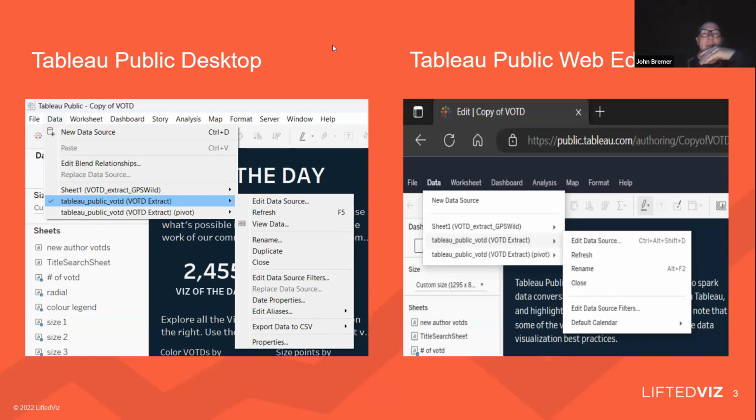So in terms of the difference, when you look at public.tableau.com on the web, and you're dealing with the data menu, so you bring up a viz and you're editing it, or you copied one, you'll notice that the data menus are different. This is what the data menu looks like if you download the workbook to your desktop, and you open it with Tableau Public Desktop, which is software you can download from Tableau Public. You get a lot more of the traditional Tableau Desktop menu set,